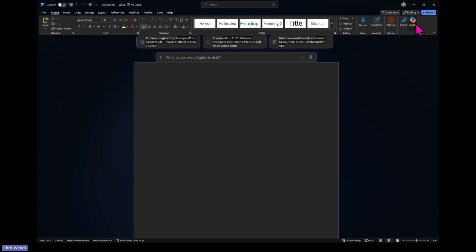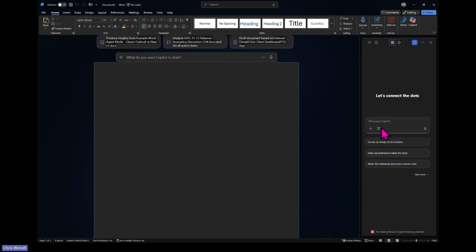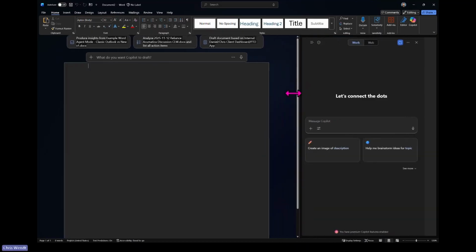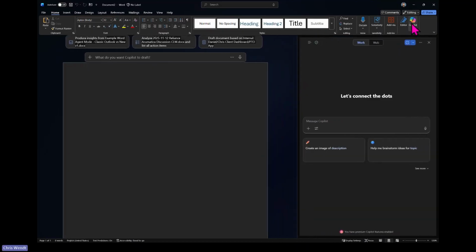So you do need a paid Microsoft Copilot license for this. We're going to try to do it live, and if not, we've got a backup plan for it. I bring up Copilot in Word by pressing this little button. Then in my Copilot, I have a tools section, and I'm going to turn on agent mode. What agent mode allows me to do is interact directly with the Word document and create content from my